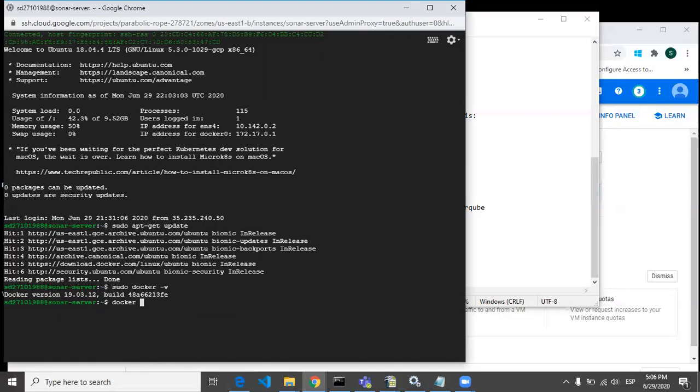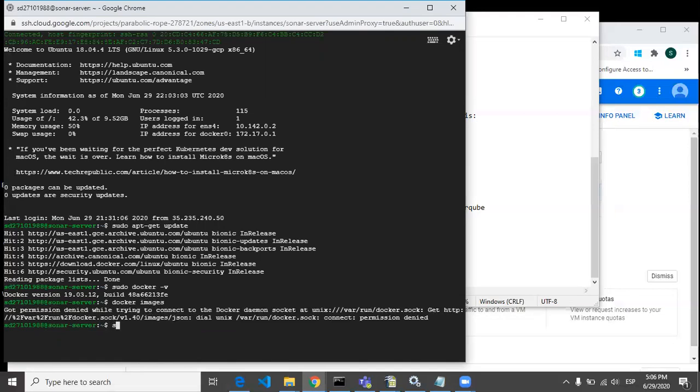So I'm running sudo docker images -a. After running that command, you will see this. The SonarQube tag is latest, and this is the image ID. So you can verify whether your Docker has this SonarQube image or not.